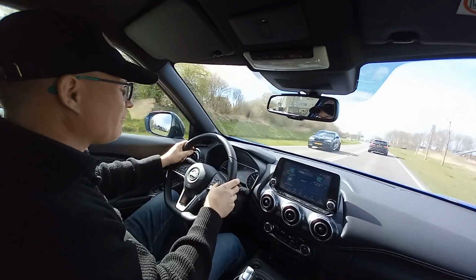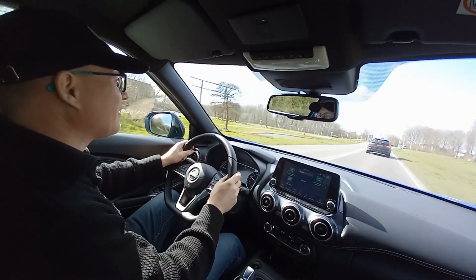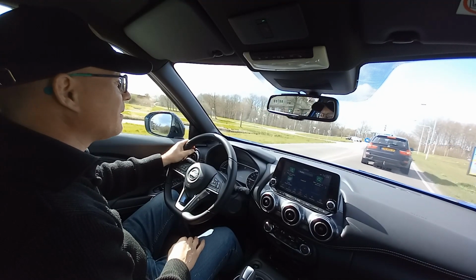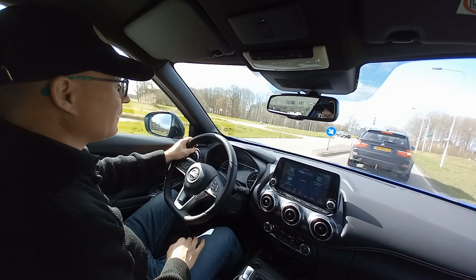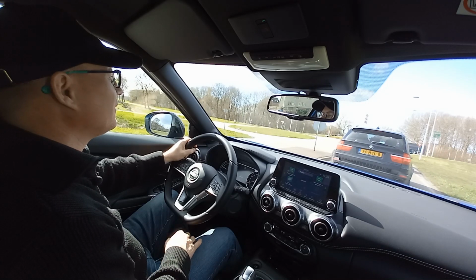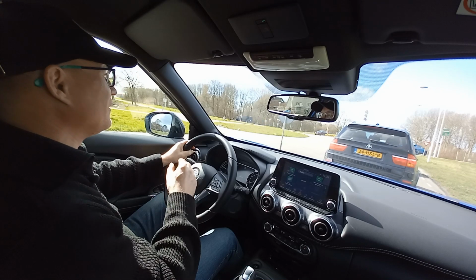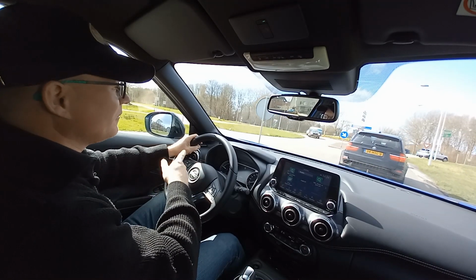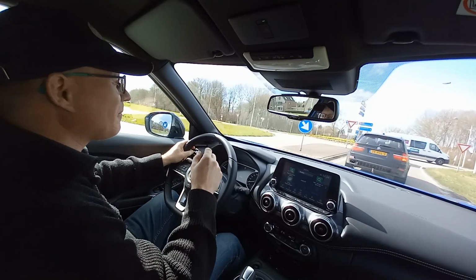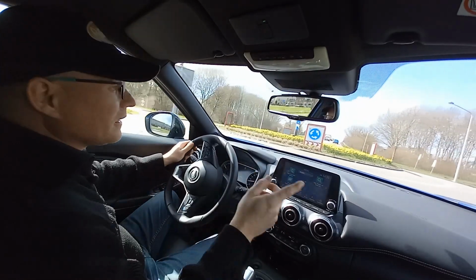Now I've touched upon the ProPilot system and the fact that you can switch off the lane departure warning and it remains off. There is one tiny flaw in the system, and it's very noticeable on highways. When you're overtaking a car, we don't have a keep your lane system over here in the Netherlands. You always return to the rightmost lane if possible. And when you have overtaken a car and you return to your own lane, every now and then the front radar picks up the guardrail, when there is any. If it picks up the guardrail while you're returning to your lane,